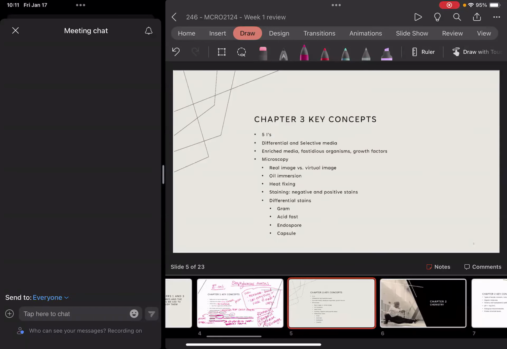That's the wrong thing. To chapter 3. In chapter 3, this is basically getting us into the idea of the tools of what we're going to use to study microbiology. We start off with the 5 I's. These kind of are going to form our basis for the things that we just generally talked about in chapter 3. But the first step in the 5 I's is inoculation,